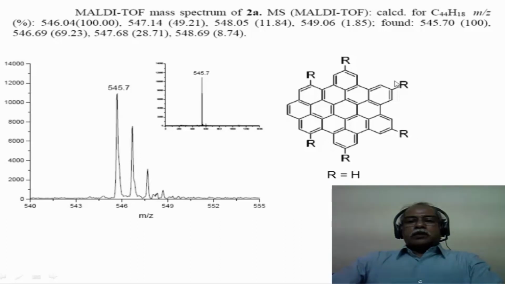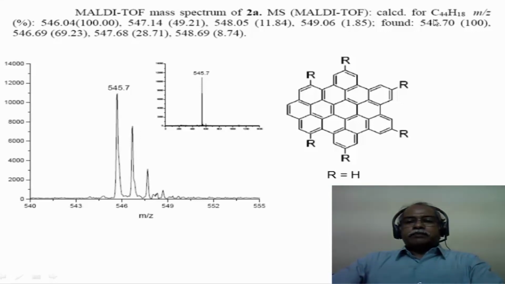These are molecules which are considered to be graphene analogues. In other words, graphene is a monolayer of graphite, for example. These are all model compounds which are supposed to mimic the property of graphene. So the synthesis and the characterization of this class of molecule has been undertaken by a number of groups, particularly by the group of Klaus Mullen at the Max Planck Institute for Polymer Research. A large number of this class of molecules have been synthesized. One of the ways to analyze these molecules is to record the MALDI mass spectrum of these compounds.